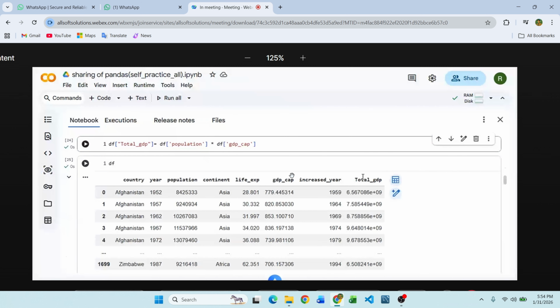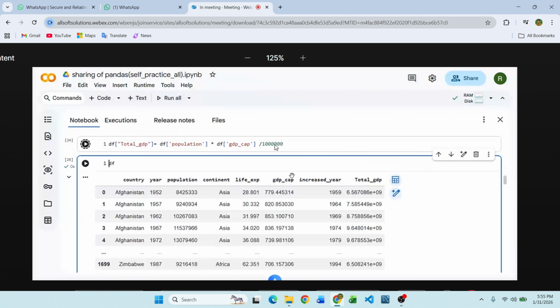Okay, open back. See, they are in millions. Is it fine? See the decimal? You can also do the round function as